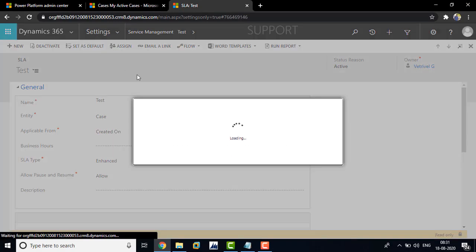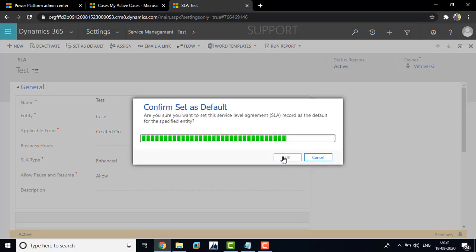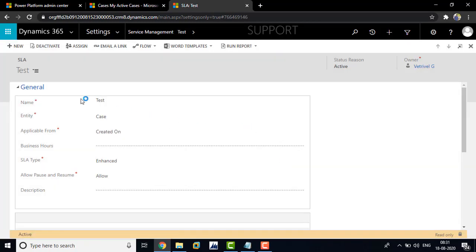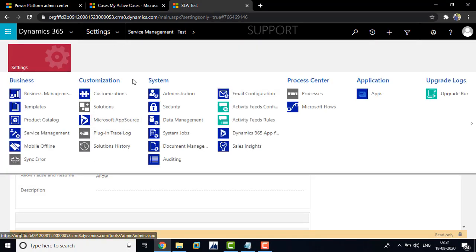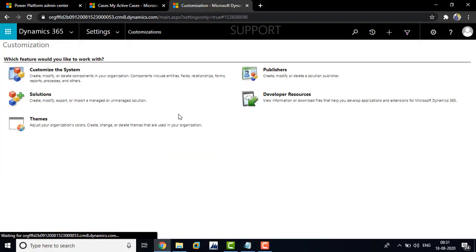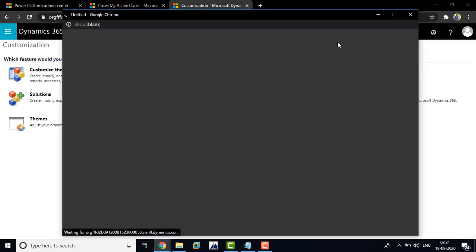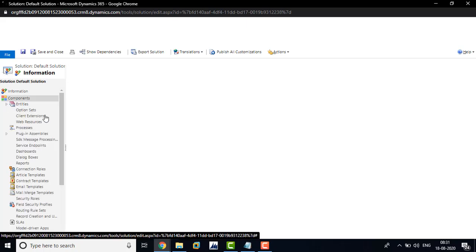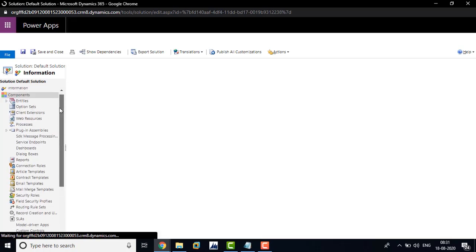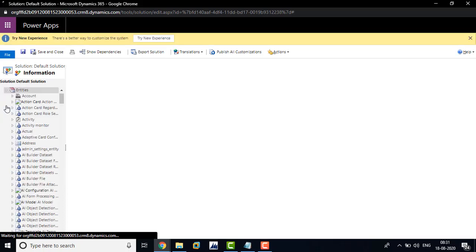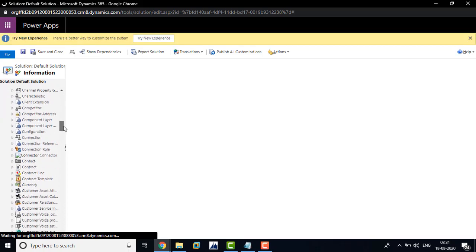Set as default. By default you can create multiple SLAs, so you can set the default SLA, and it will work. Now you can go to the customization and customize the system. Choose the case entity, expand the entity and choose your case entity.